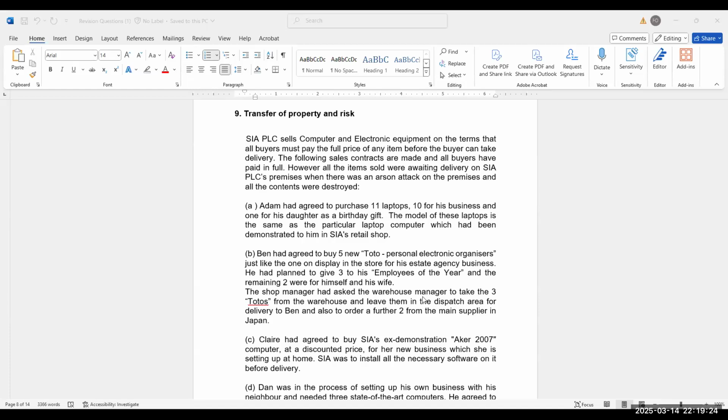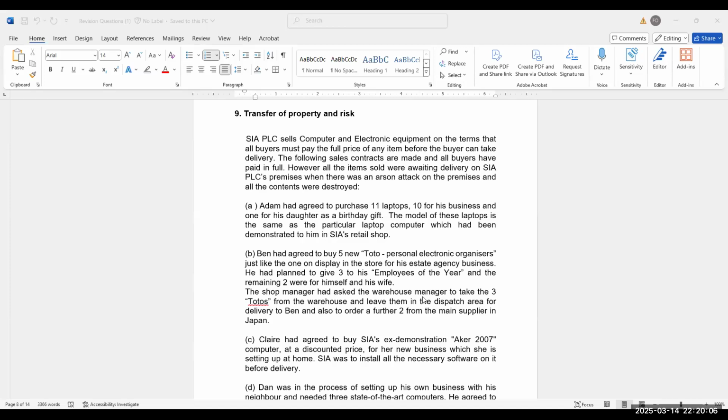And if the contract is entered into after 2015, she will not be able to. Claire will not be able to argue that she's a consumer because she purchased this computer for use in her business. Under section 2, to be a consumer it would have to be purchased for purposes wholly or mainly outside her trade or profession. So in a non-consumer contract, unless a contrary intention is apparent, by virtue of section 21, property and risk go together, and it looks like property has not passed here, so risk will still be with